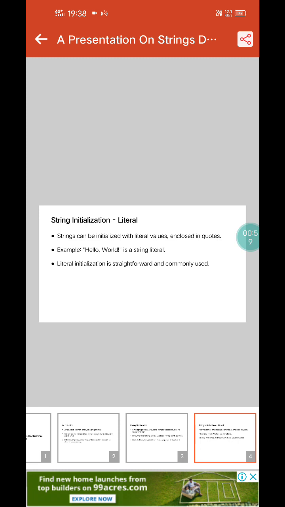String initialization: literal. Strings can be initialized with literal values enclosed in quotations. Example: "Hello World" is a string literal. Literal initialization is